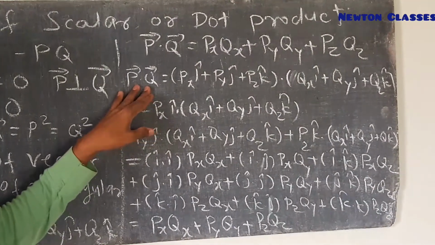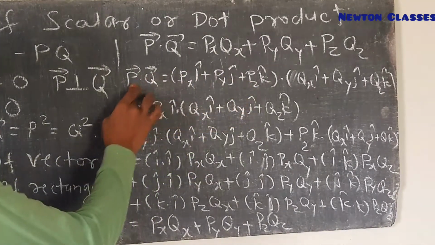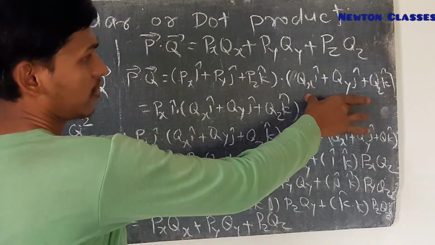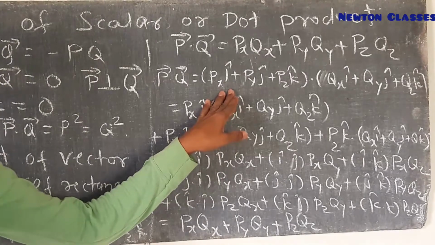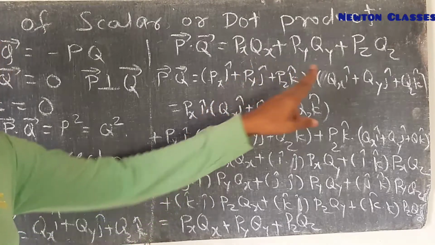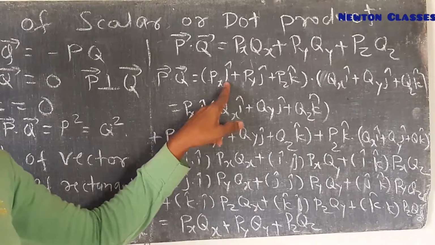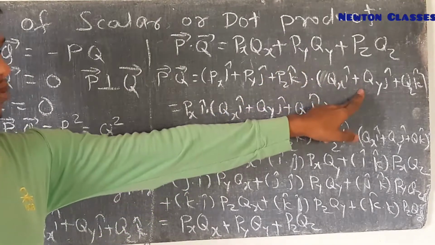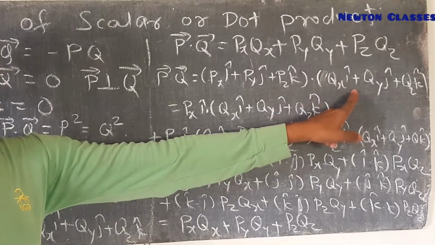the dot product between vector p and q, with p written in the form of its rectangular components, and similarly q also written in the form of its rectangular components. We have to find the dot product. First, we can find it simply by multiplying the first component, that is px i cap, with this bracket, that is, the dot product of the first term of this bracket px i cap with this, plus the dot product of the second term and this bracket, plus the dot product of the third term of the first bracket with the whole second bracket.